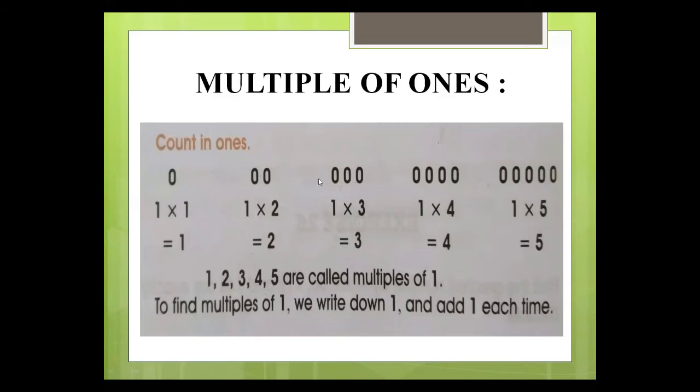Okay, students. Now here you see another example. In this example, you see that there are three elements in just one row. So firstly, we write one for the one row and multiply with the elements present in the row. So here you see that in this row you have three elements, 0, 0, 0. Three zeros are present in the row. That's why we say that 1 into 3 is equal to 3. And you already know that if we multiply any number with 1, then the answer will remain the same as the number we multiply with 1.